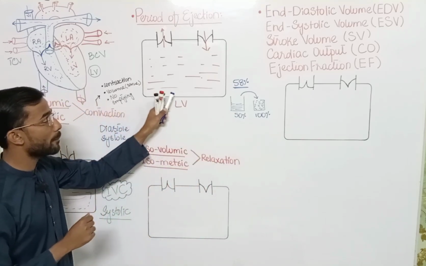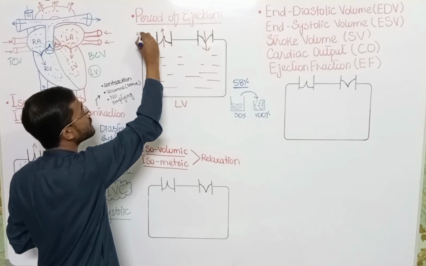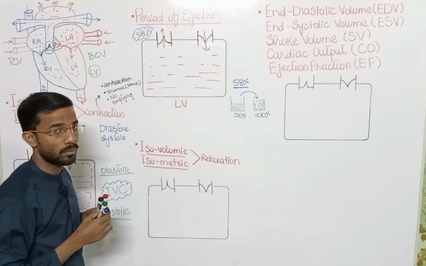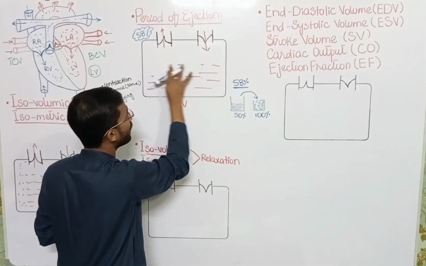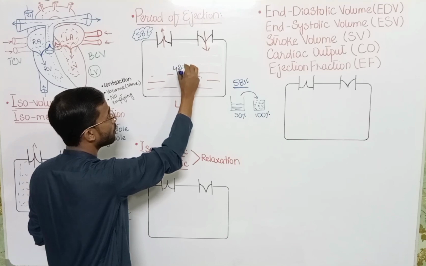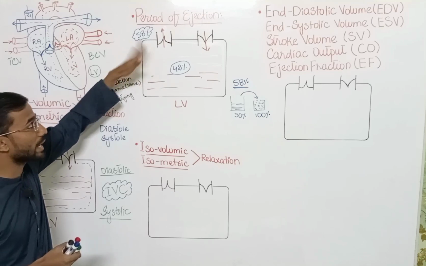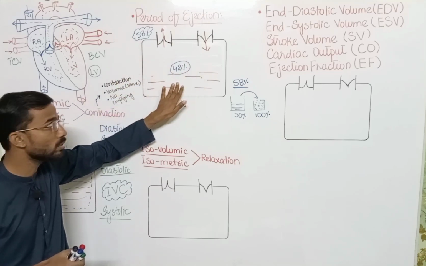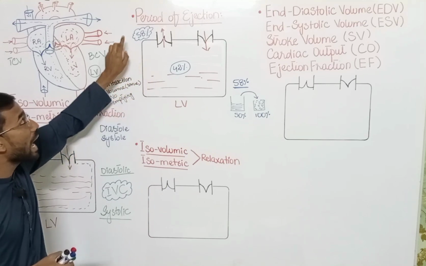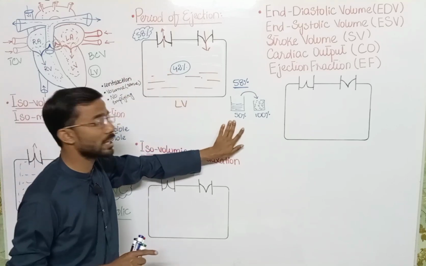Here, similarly, it happens in the left ventricle. When the blood ejects, what percent? 58% of the blood has been ejected from the left ventricle. So in that situation the blood level decreases in the left ventricle, and the remaining 42% is actually present. So 58% of blood is ejected according to this chamber, and in this chamber you will see 42% of blood present. And I consider the 58% which has been ejected as 100%, just like the water